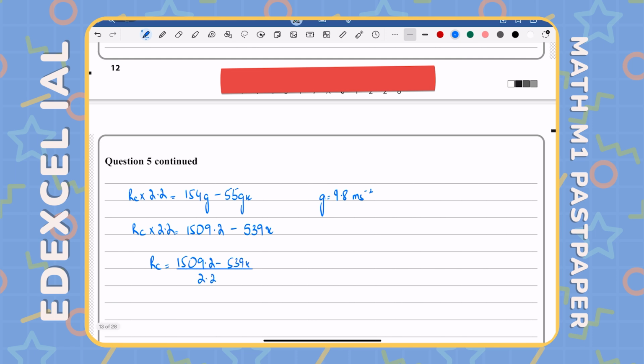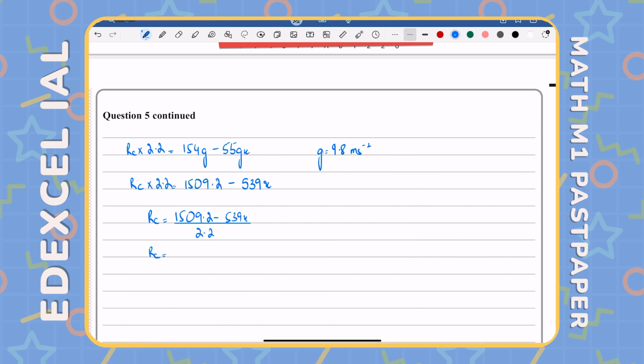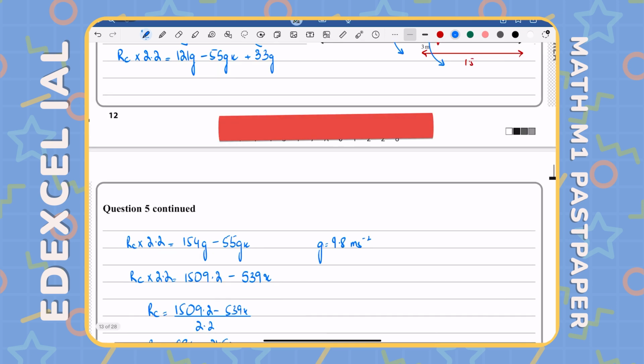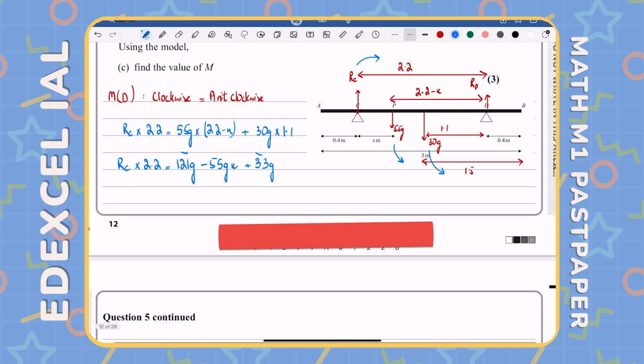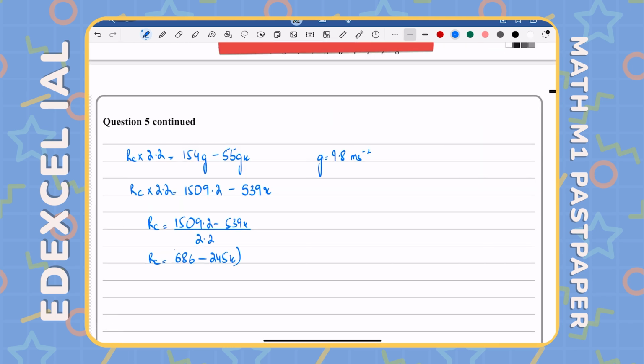So let's divide both these values by 2.2. If you've done it correctly, we should get what the question mentioned earlier. 1509.2 divided by 2.2, that's equal to 686. So looking good so far. 539 divided by 2.2, that's equal to 245 along with X. Is this what we were supposed to get? Yep, this is exactly what we were supposed to get, and this is the correct answer and also the end